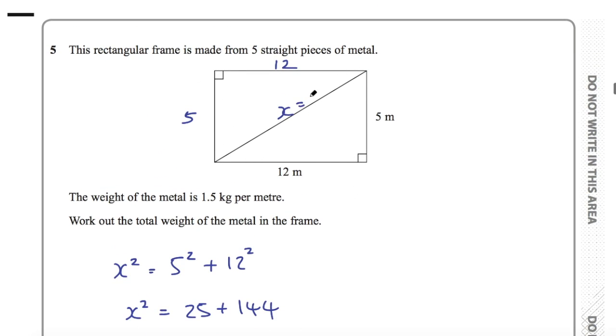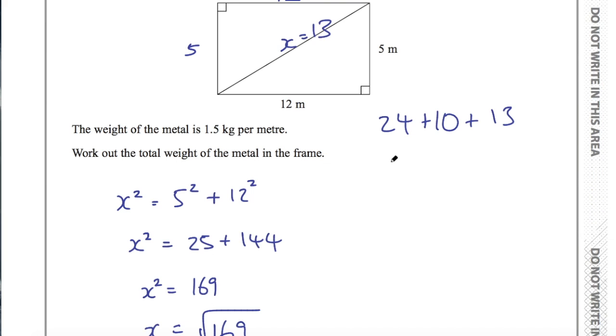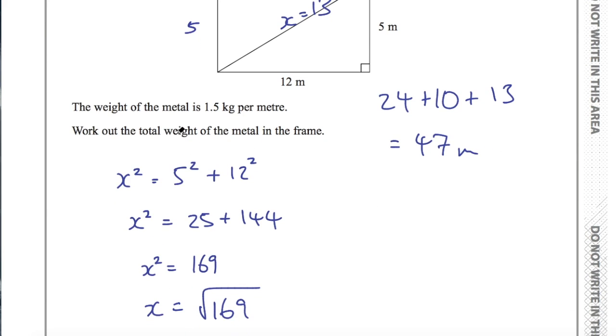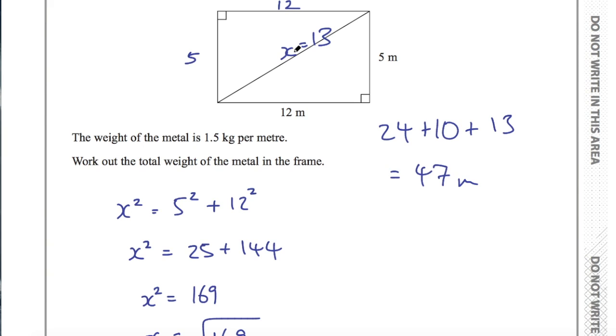So we know this is 13, so we can work out the total amount of metal we have is, well, 12 and 12 is 24, plus 5 is 10, plus 13. And if we add all of those up, we get 47 meters. And the question says work out the total weight of the metal in the frame. So we need to take the amount of metal,